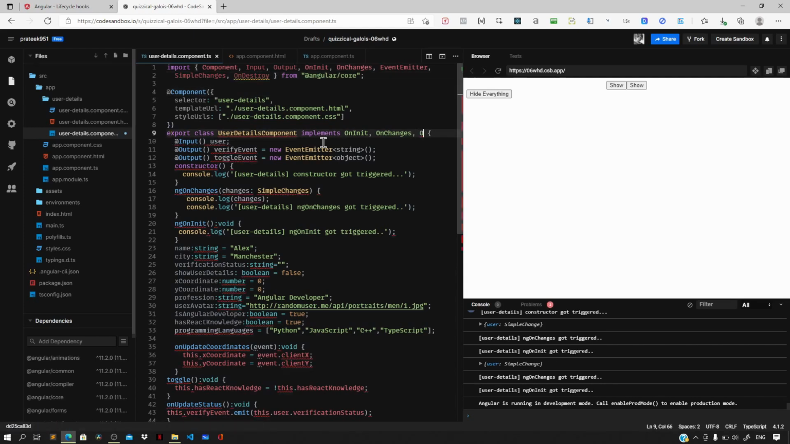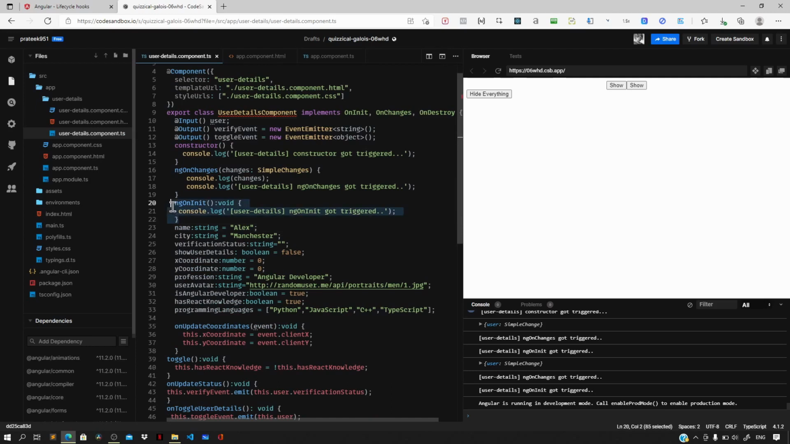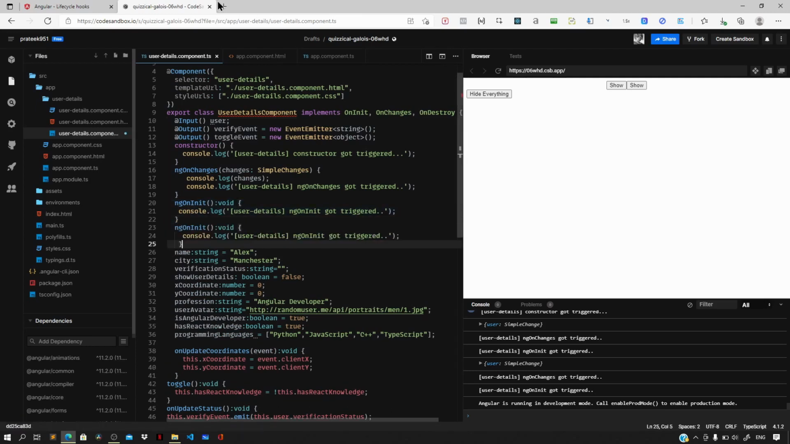So OnDestroy. Now let me copy this real quick and paste it down below and change this to ngOnDestroy, and inside here let us log to the console cleanup time. So with this in place, let us give this a whirl, and if I now click on this button,